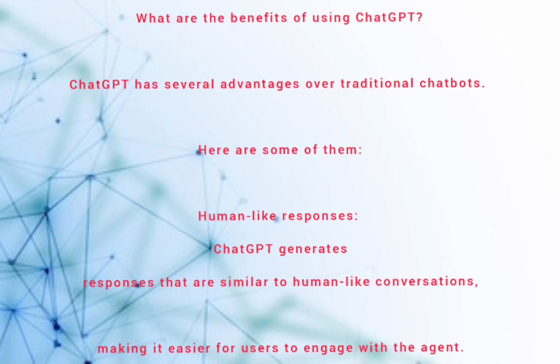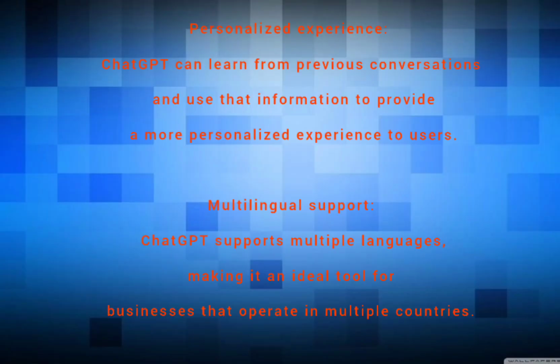ChatGPT has several advantages over traditional chatbots. Here are some of them. Human-like responses. ChatGPT generates responses that are similar to human-like conversations, making it easier for users to engage with the agent. Personalized experience. ChatGPT can learn from previous conversations and use that information to provide a more personalized experience to